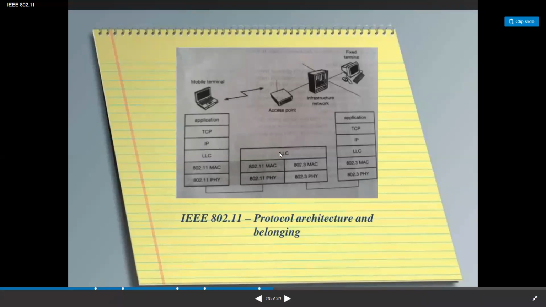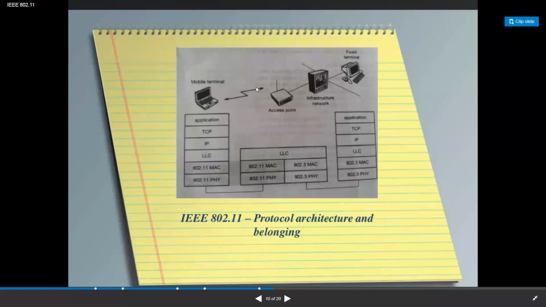Now see here, this is the source system, and these two are the systems. This is the intermediate system. Let us take these as the intermediate systems. See here how the mobile terminal is connected. Is there any physical requirement, or is a wire required to connect? No, we don't have that, it just needs an access point. See here, this represents wireless connectivity to this access point or through this system.